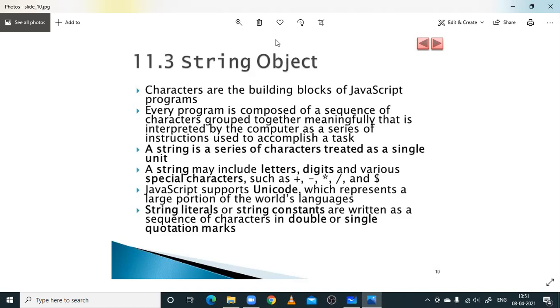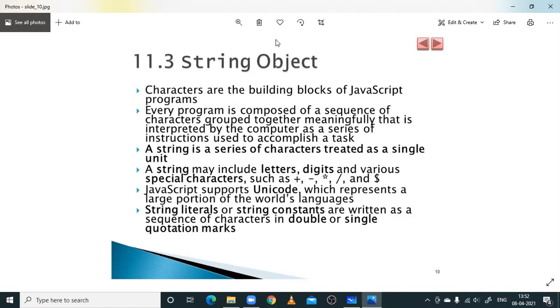Every program is composed of a sequence of characters grouped together meaningfully, that is interpreted by a computer as a series of instructions which is used for accomplishing a task. Every program contains a group of characters, and they are called statements or instructions as part of the computer.